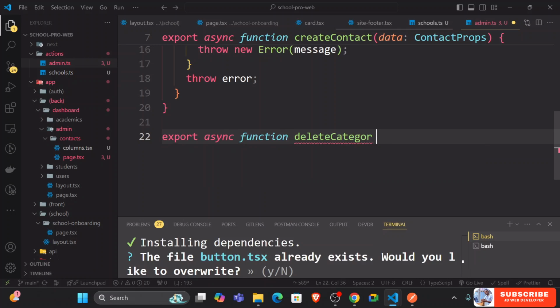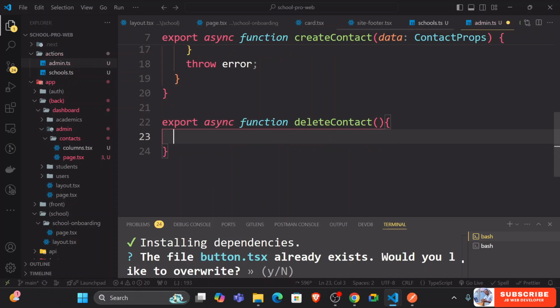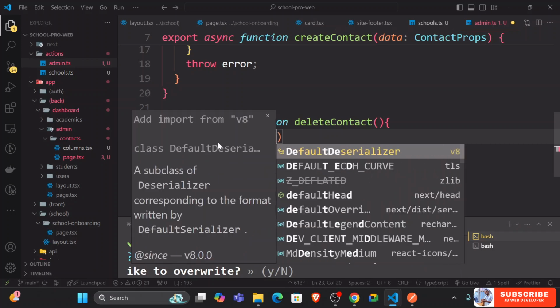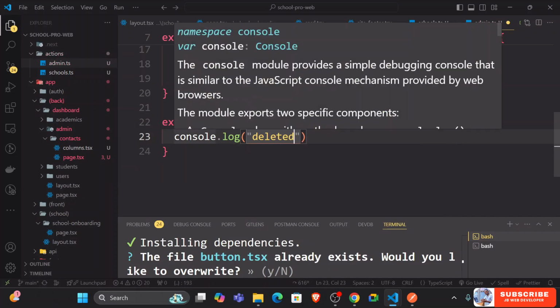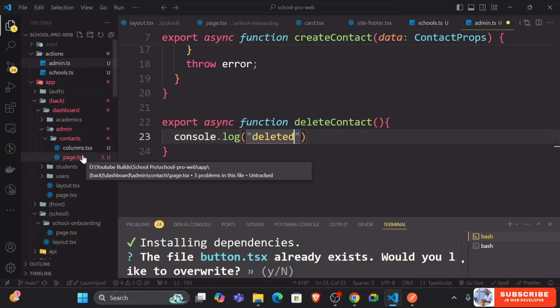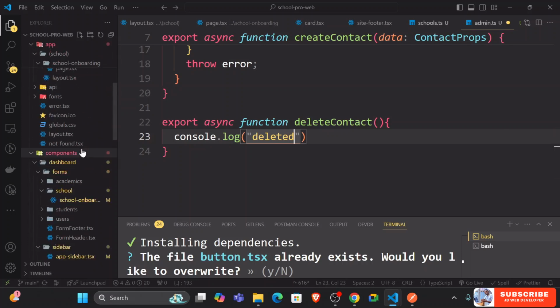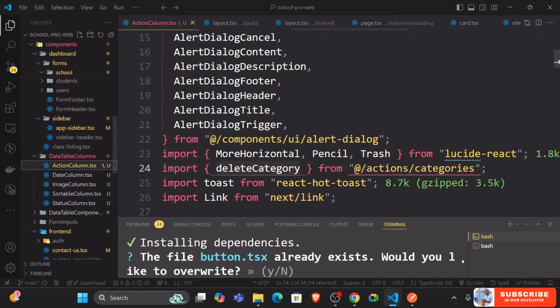Like here you could just have delete contact, then you could just say console.log deleted. We'll just implement this later, but just for purposes of making sure that this action column has no error. So I'm just going to remove this,